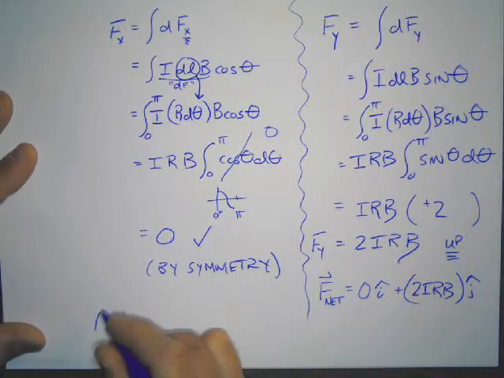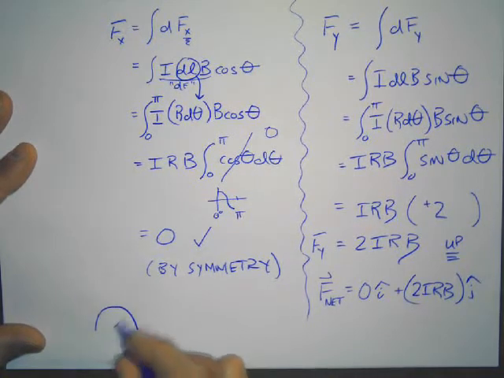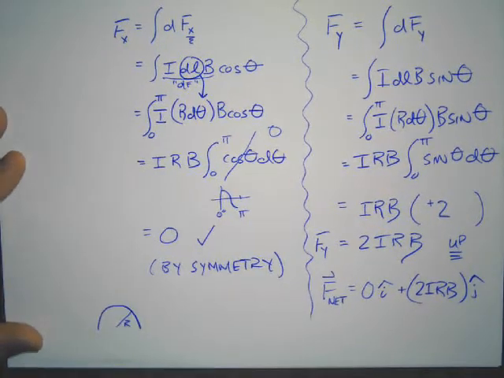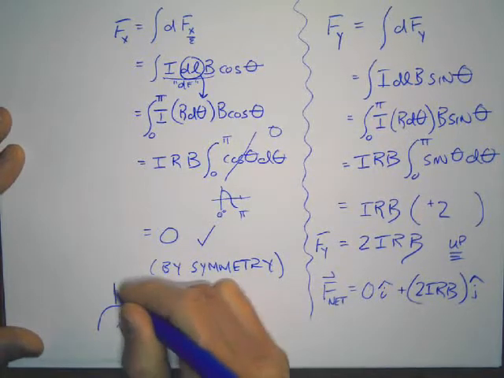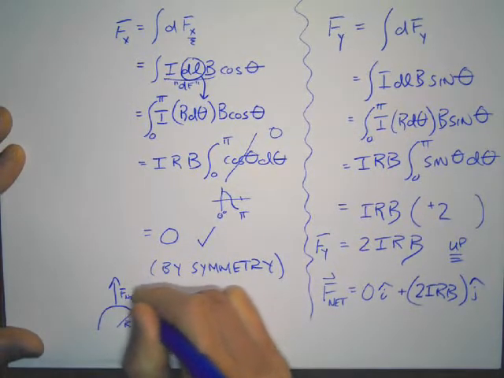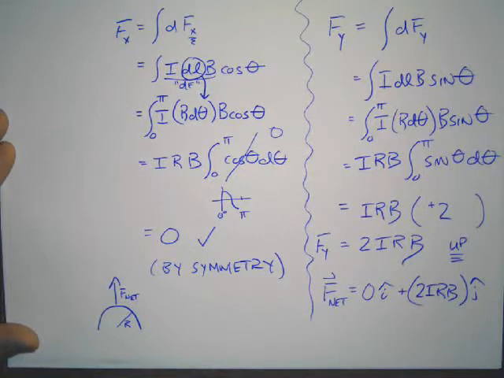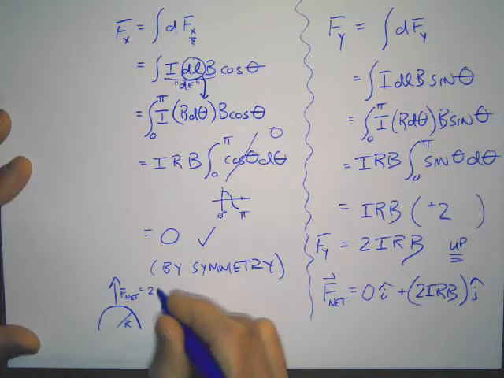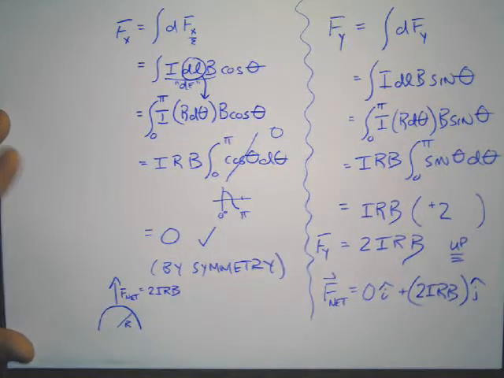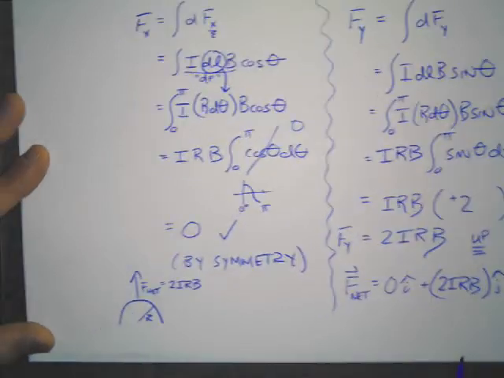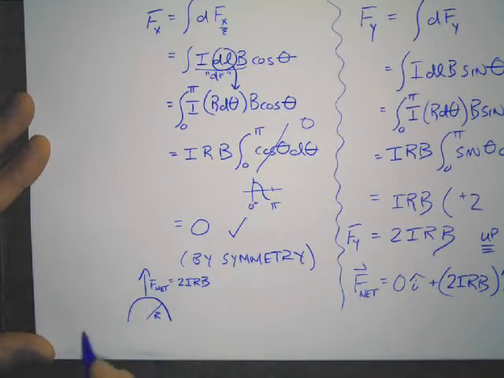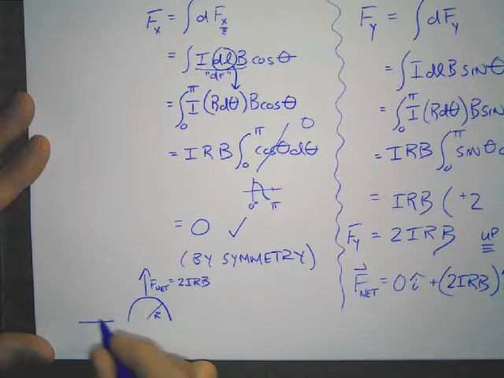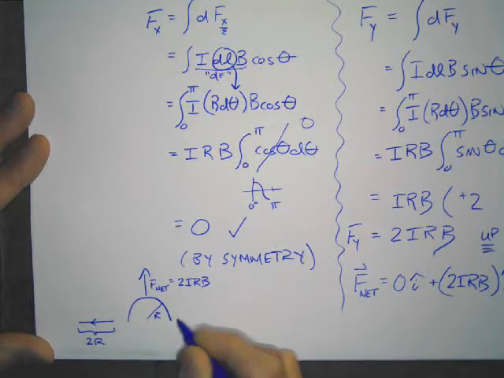So in other words, if this is your semicircle of radius r, the net force on that semicircle is that upwards force, which is equal to 2IRB, right? The exact same force would act on a segment of wire which has a length of 2r,